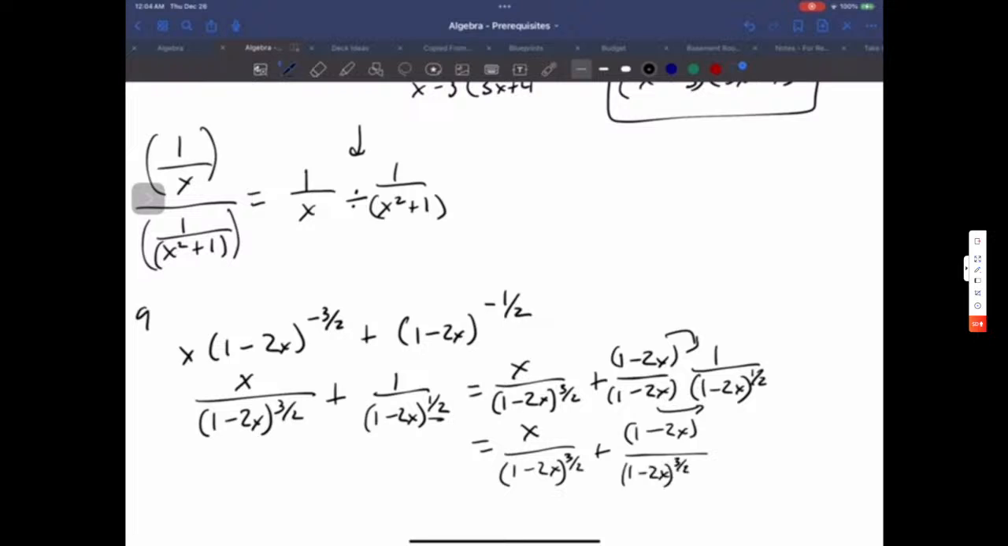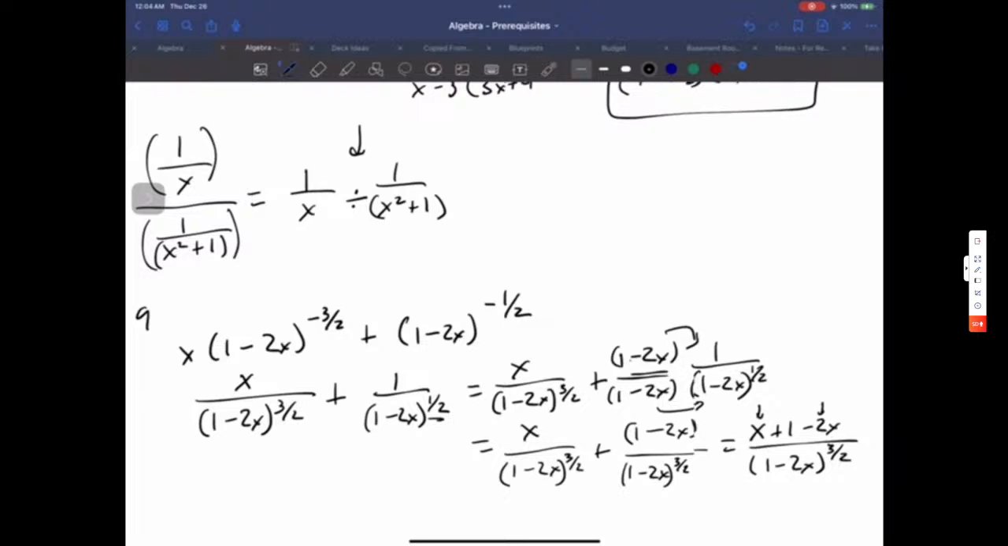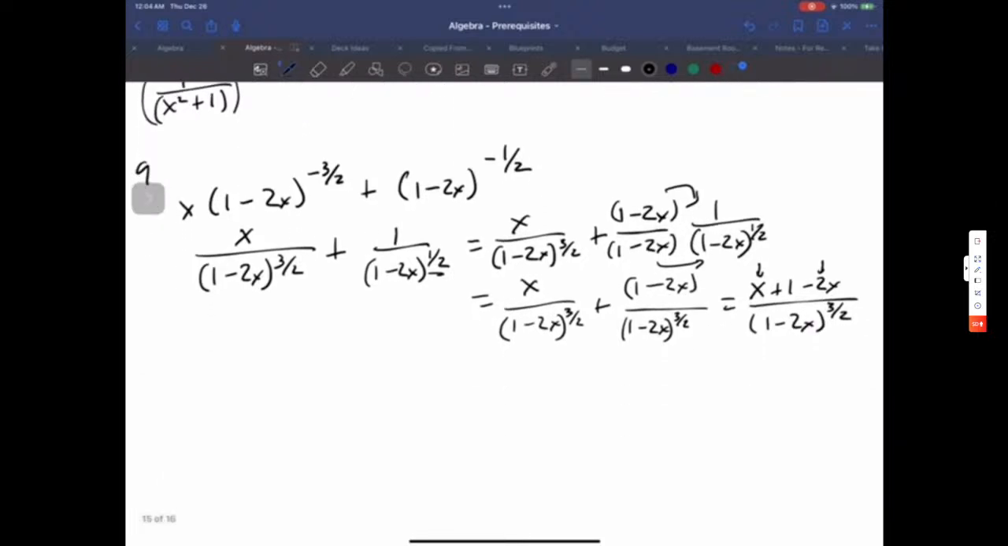Now that the denominators are the same, you can just add the top, x plus 1 minus 2x over that common denominator to the 3/2. Well, minus 2x plus an x is just going to give us x. So we have x plus 1 over 1 minus 2x to the 3/2. And that is as,